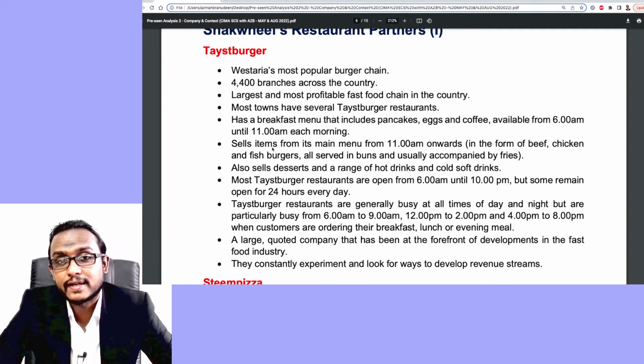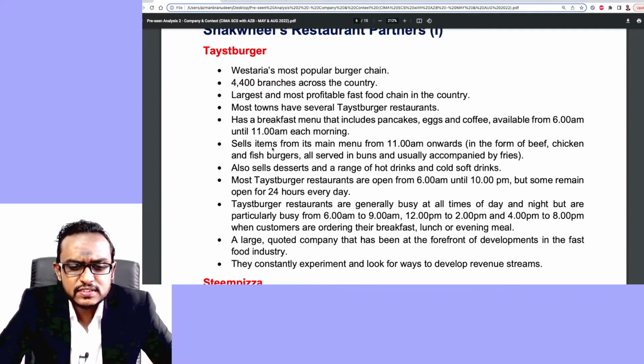Depending on where you are at, it also sells desserts and a range of hot drinks and cold soft drinks. Most restaurants are open from 6 a.m. until 10 p.m., but a few remain open 24 hours every day. Right, I know this profile. Fits McDonald's really well. Taste Burger restaurants are generally busy at all times of day and night, but are particularly